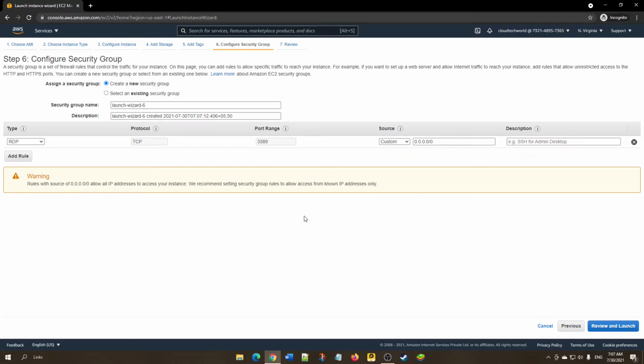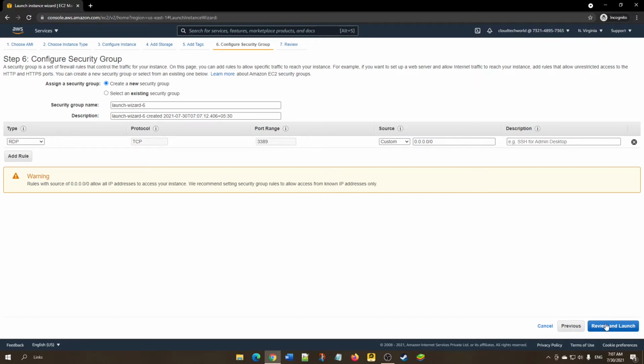So this is a security group. In order to reach our instance, we need to enable the RDP protocol. For Windows, we need to make sure we are using the RDP protocol to connect to our instance. By default, they have provided the RDP protocol with port range 3389. If you want to restrict to your IP, you can choose My IP, and from that you can also connect it. Or else you can leave it as custom 0.0.0.0/0. It will be connected from anywhere on the internet. That's the meaning of this.